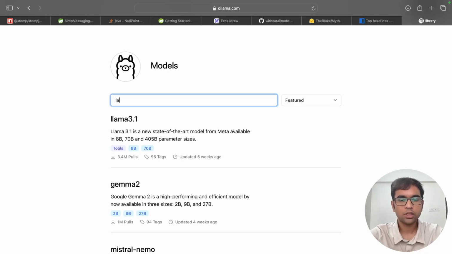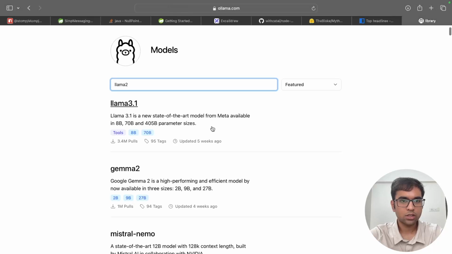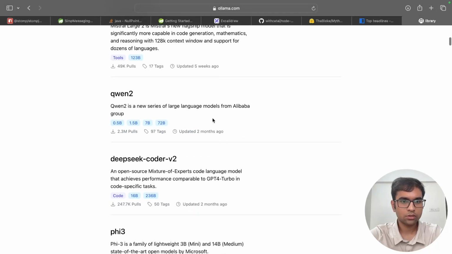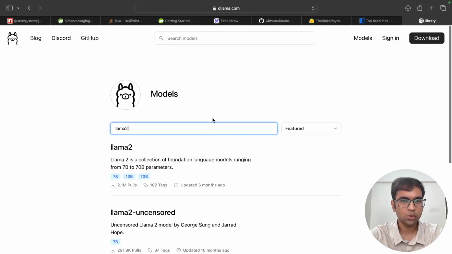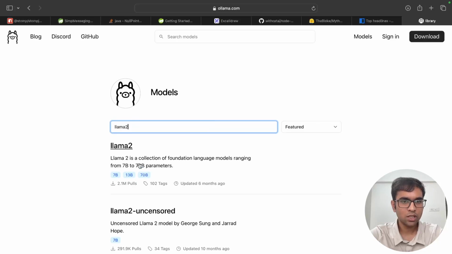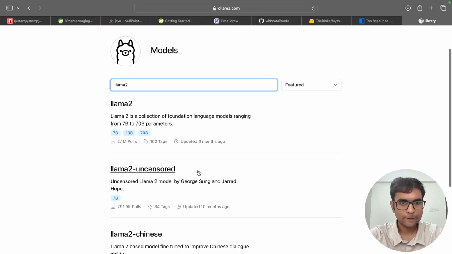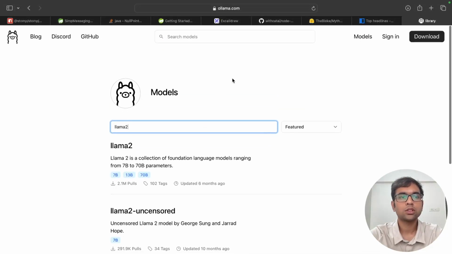So what I'll be doing is I'll be using Llama 2 because it will work well in my system. Otherwise, for the models of larger parameters, you need to have better systems and better RAM and stuff. But the 7 billion model will work in my system, so I'll be using Llama 2. And along with that, okay, so here with Ollama, the thing is,